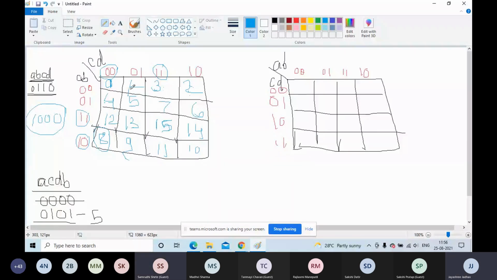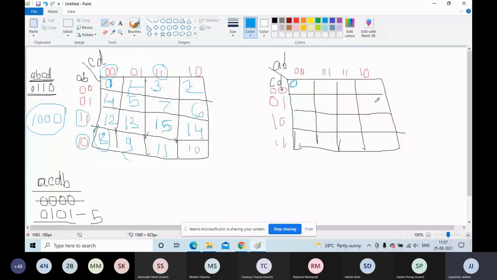But if you are following this sequence A, B, C, D, as you wrote it, then 0, 0, 0, 0 will be decimal 0. Where will you get 1? Tell me where you are getting 1, here or here, in the second column or in the second row? Where do I have to write 1? In the second column or